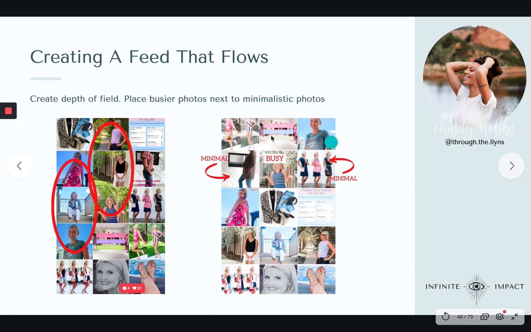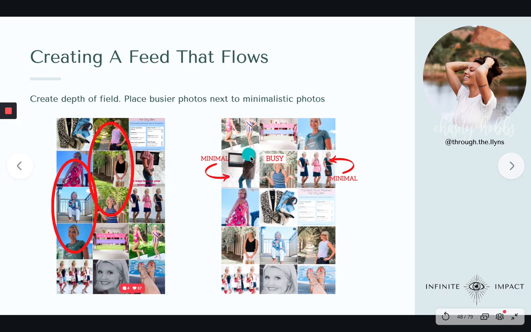And so over here I rearranged her photos where I separated the greens from each other, I separated the blues from each other, and then I put the whites in between. And then here you can see too, here's a busier photo. This is what I'm talking about when I'm talking about a busier photo. Most of the screen is taken up, there's stuff going on, there's texture here in the background, there's texture in the fence, texture in her shirt. So this is a really busy photo.